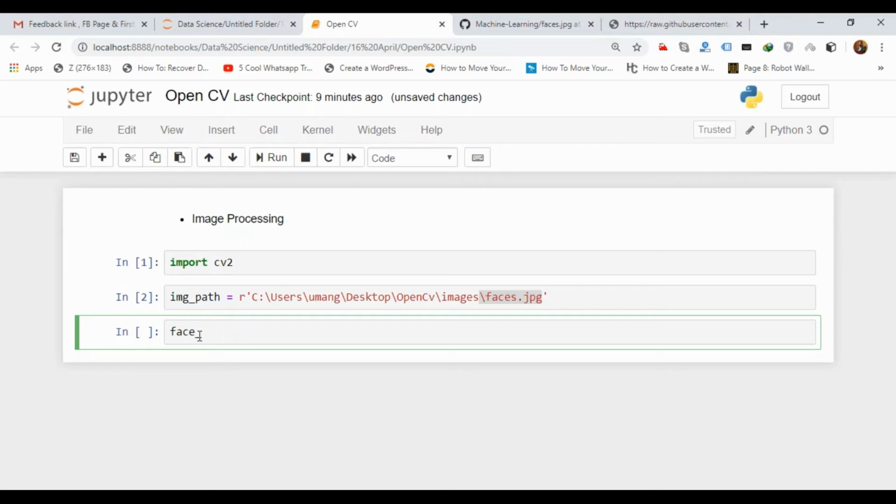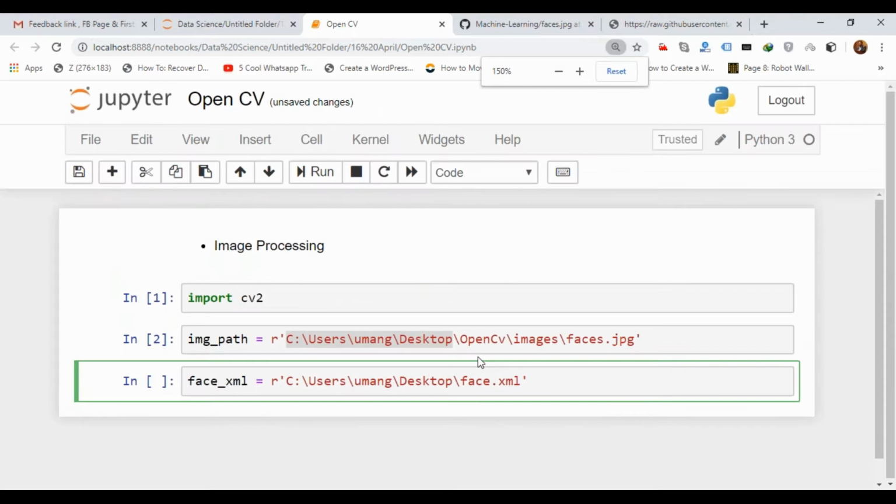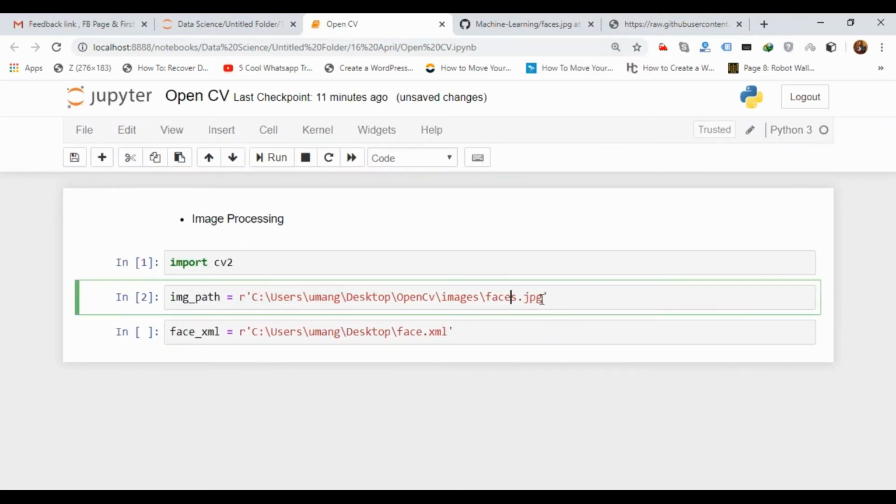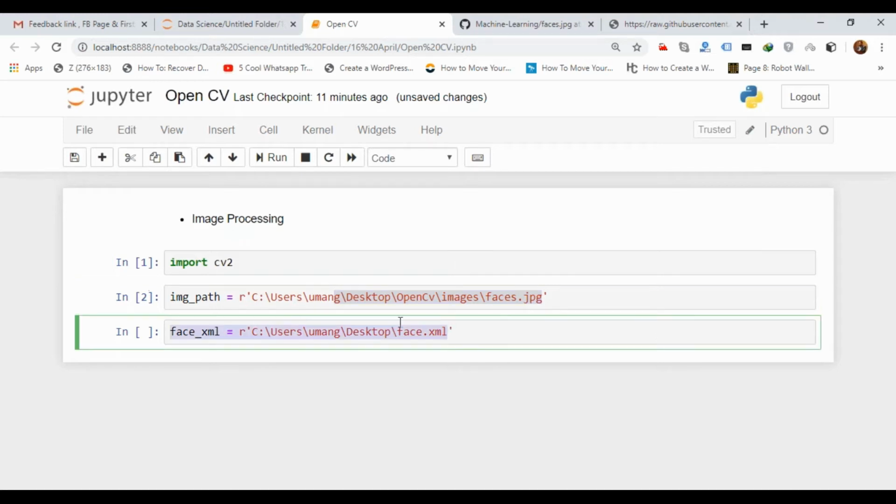I will write face_XML equal to, and give the path of that file, face.xml. If you execute now and your path is wrong, it will not give an error until you detect the face. So please pay attention and give the correct path.